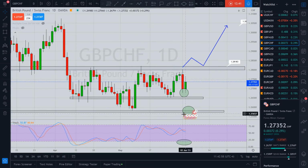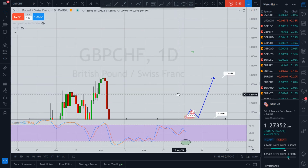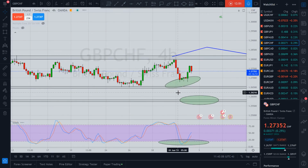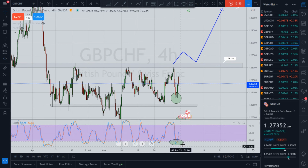Pound Swiss. All right, you see the tight trading range here, right? I see it if you don't see it. And what am I waiting for? A breakout, of course. And I need a breakout to the bottom of the top. But the problem is, I needed it to line up with the stochastic. Now look at the stochastics. We're already oversold, and this candle here,